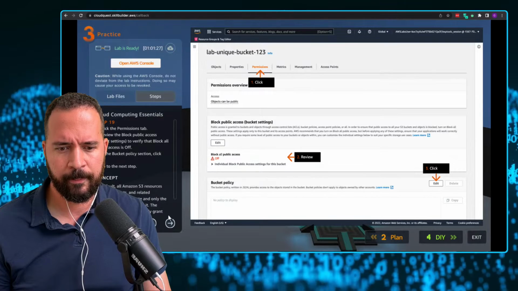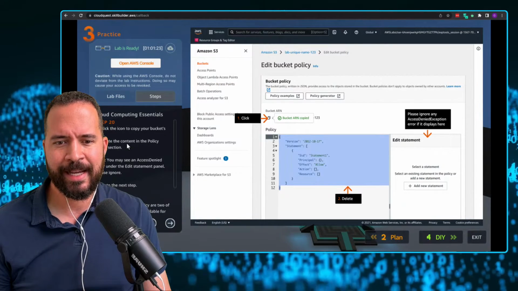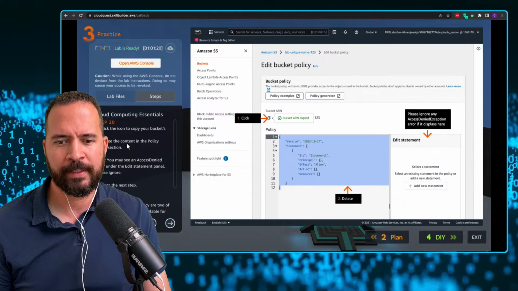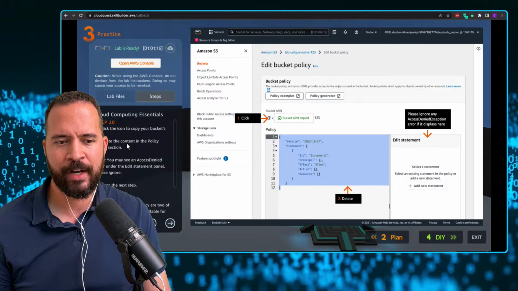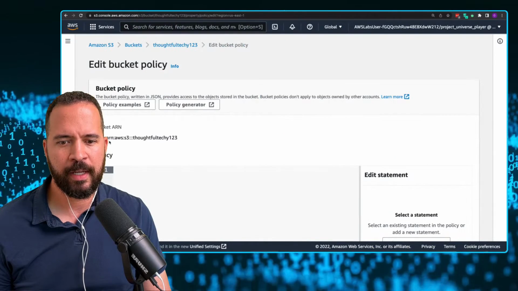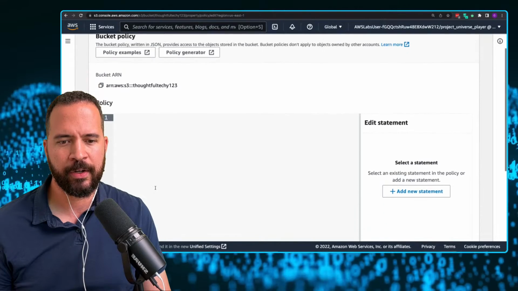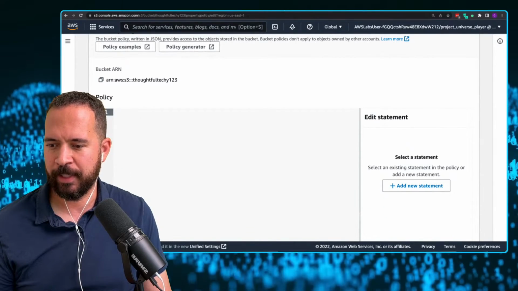Okay, next step. Step 20 is click the icon to copy your bucket's ARN. Delete the content in the policy editor. Okay. We don't have any code in our policy editor, and I'm actually going to do things slightly differently because